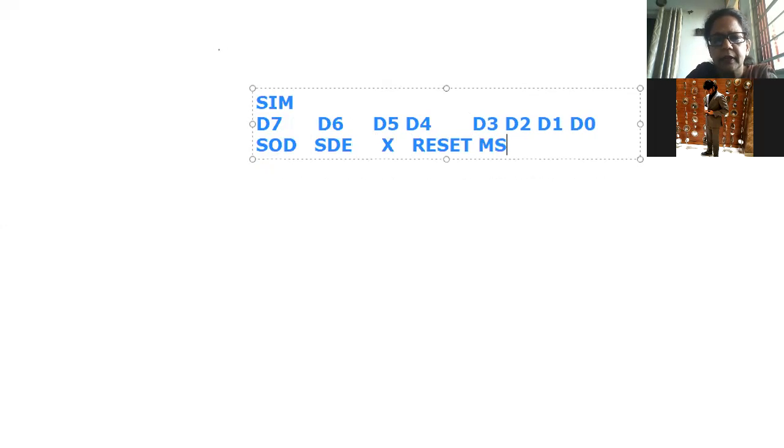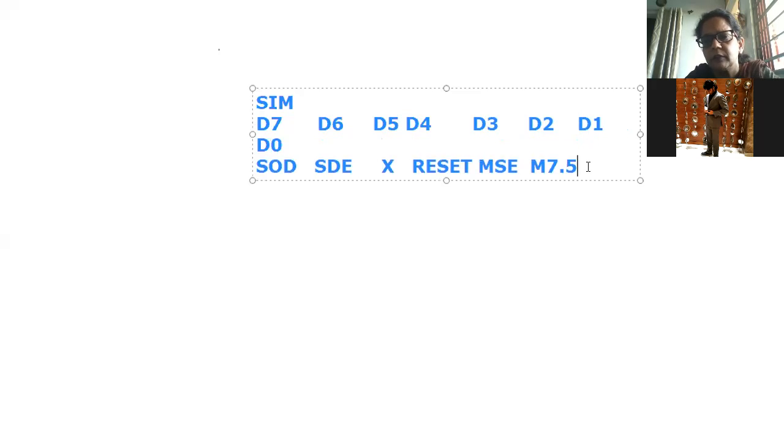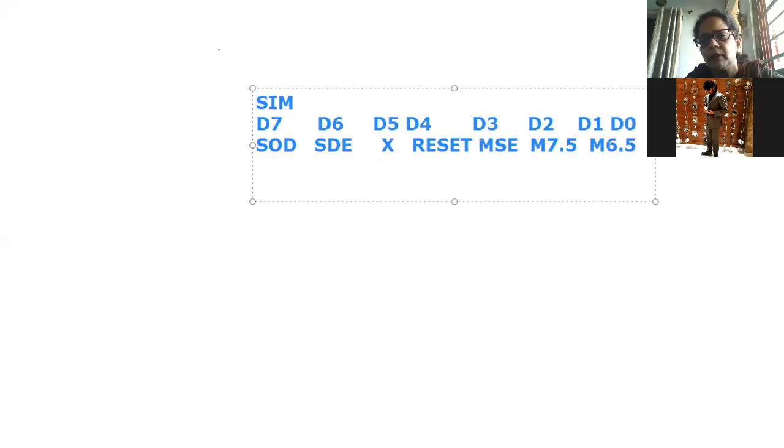Then mask set enable. D3 is your mask set enable. D2 is mask 7.5. D1 is mask 6.5. That is, if we want to mask RST 6.5, then what should be given here. And then this is mask 5.5. In this case, whenever I want to send serial data at the output pin, that is the SOD pin, this particular bit of